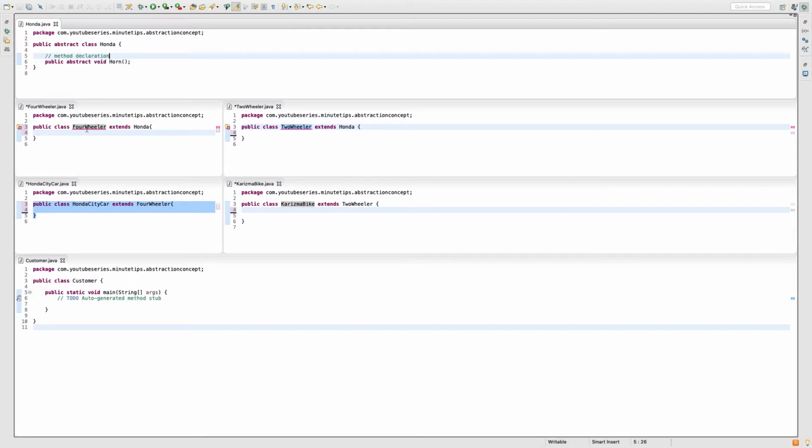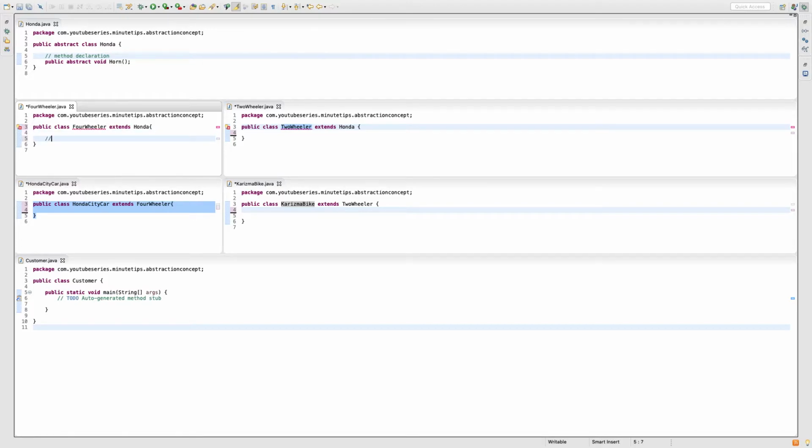So we know that we have to define that method here. If I click add unimplemented method, you can see, let me just move it one level above here, and here also.